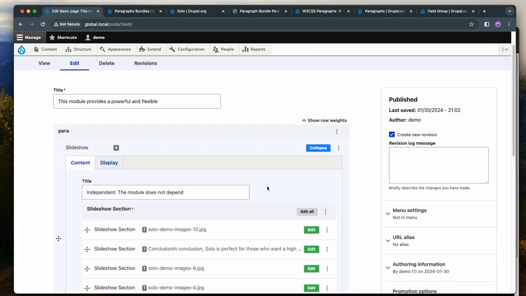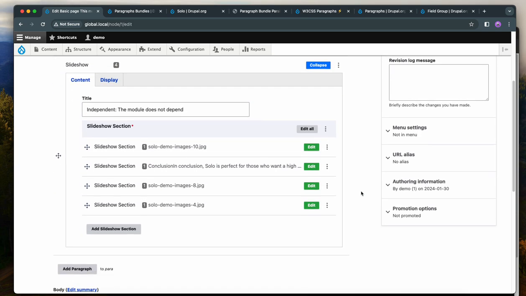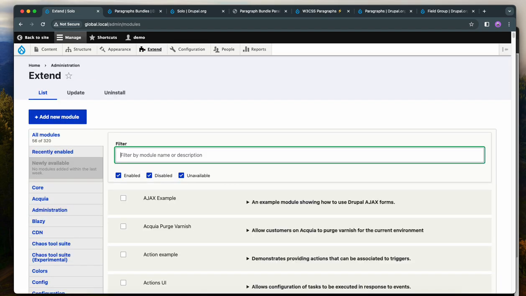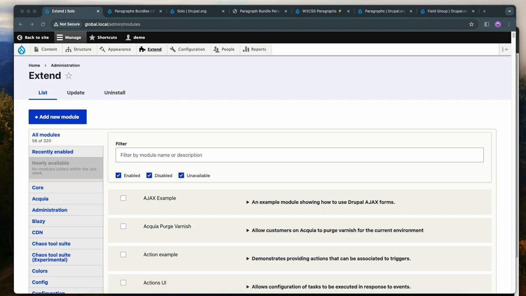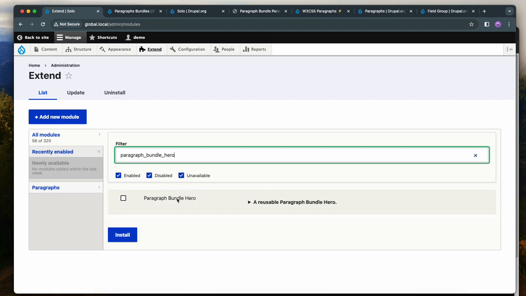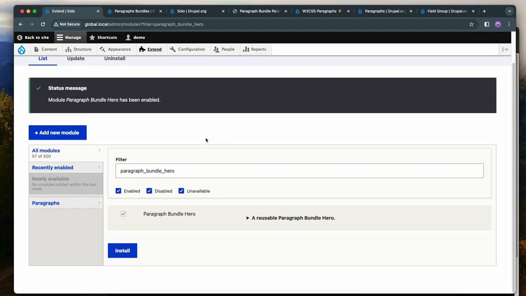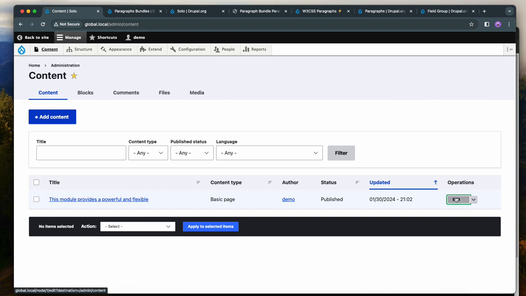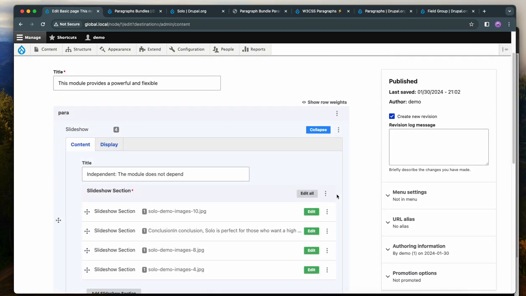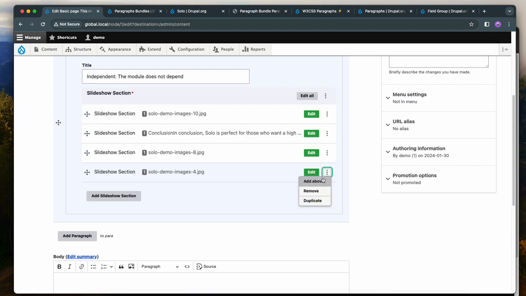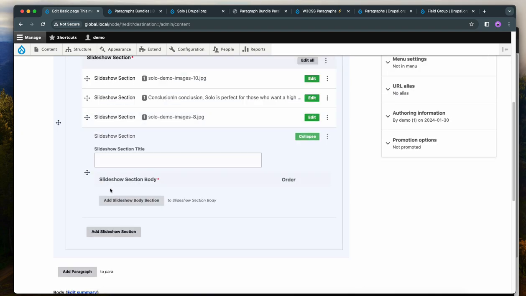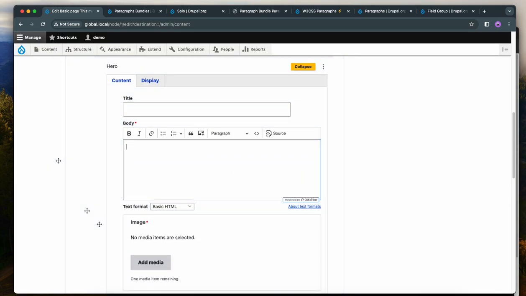So if I go back, what other bundles can I use? My favorite one actually is not enabled, the hero one. So I'm just gonna go here and enable the hero bundle, because that's actually when you have a slideshow and you have an image and a text over the image, something like that. So if I go to content, I just enable this one and edit. Let's remove this one, and I'm gonna add a new section, the hero section, and inside the hero I'm just gonna add some text